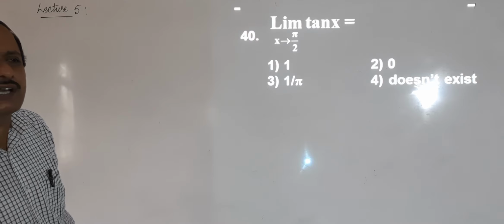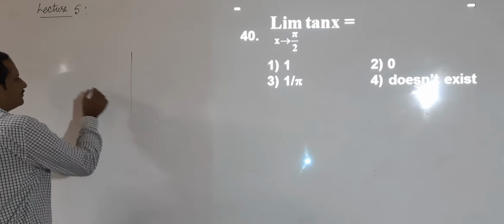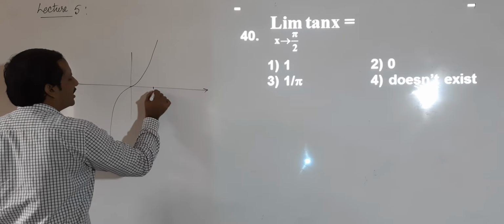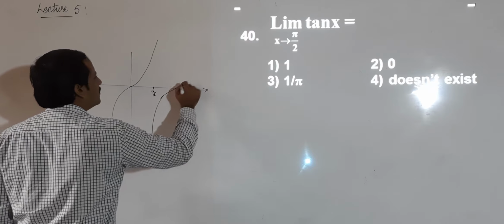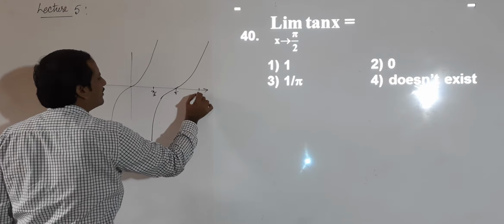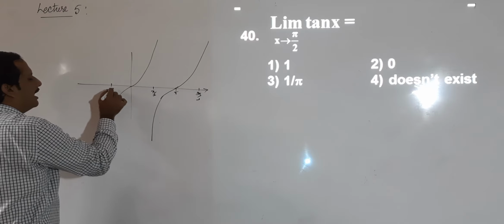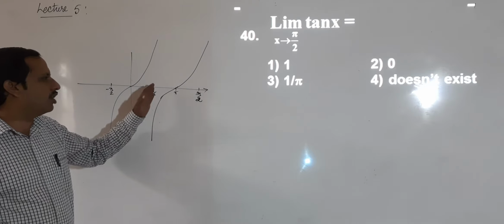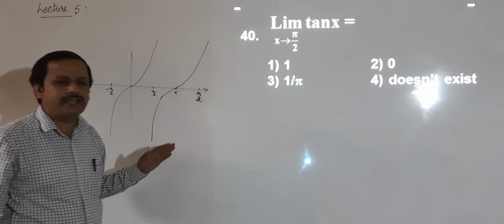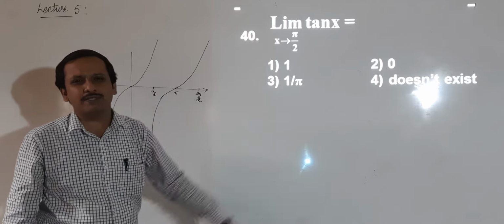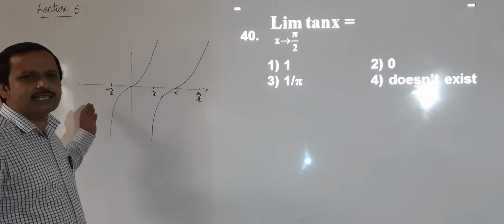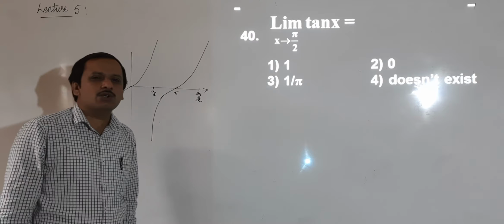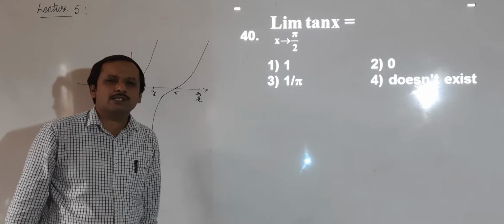For this, let's have a look at the graph of tan x. Okay? So, you know, the graph of this is pi by 2. This is pi, 3 pi by 2. You can observe that at all odd multiples of pi by 2, there is a break for this graph. So at all odd multiples of pi by 2, tan x is not defined. Tan x is not defined at pi by 2, 3 pi by 2, 5 pi by 2, 7 pi by 2, and on the other side minus pi by 2, minus 3 pi by 2, minus 5 pi by 2, etc. Now, see, even though a function is not defined at a particular point, even then the limit may exist.